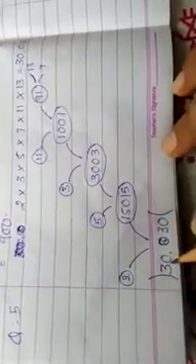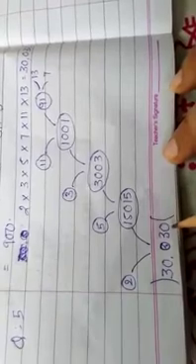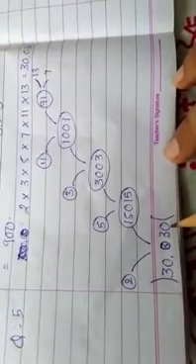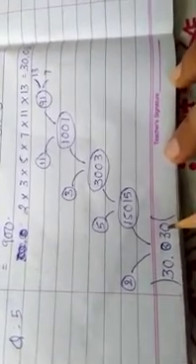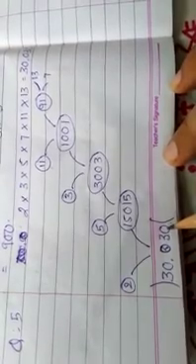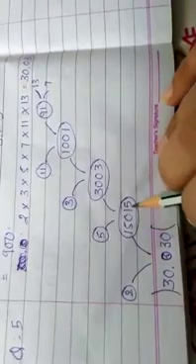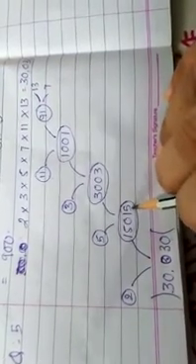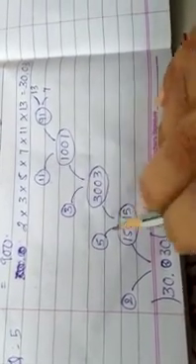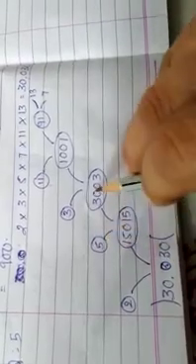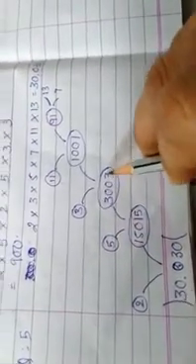Here it is, 30,030. The ones place digit is 0, so this number is divisible by 2. So first I will start by dividing this number by 2. The answer is 15,015. Here there is a 5, so this is divisible by 5. That's why I have divided, and my answer is 3003.